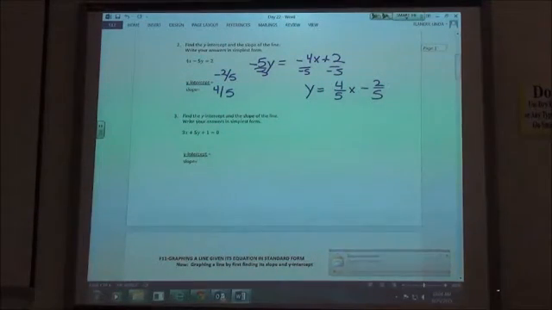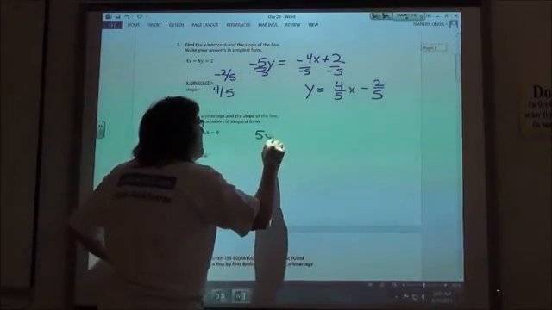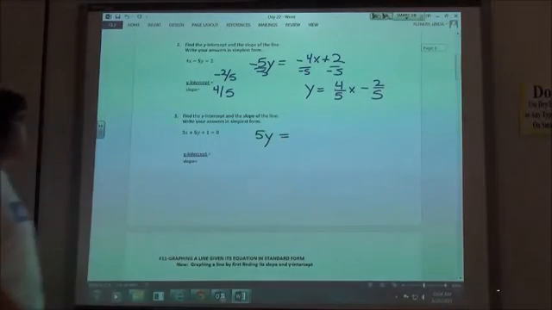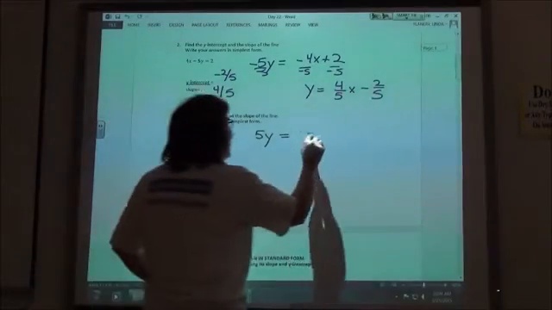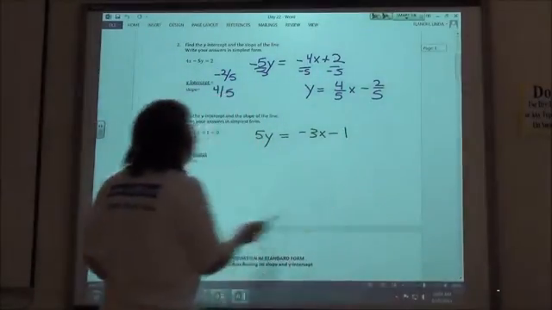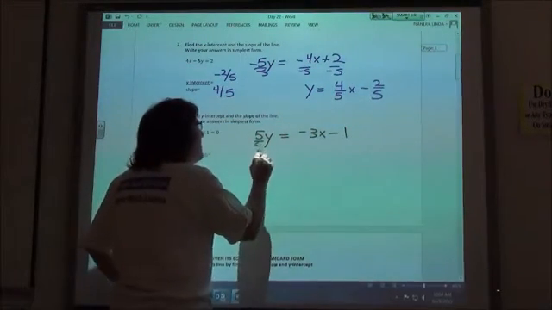And number 3, same kind of thing. I want to solve it for y so I can pick out my slope and my y-intercept. So if I leave my 5y, 5y would equal negative 3x minus 1, and I had to change both their signs since I moved them both to the other side. Dividing by my 5,